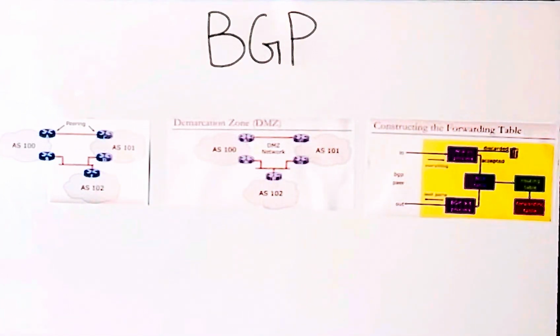BGP works by routers learning routes from their neighbors, applying rules, and picking the best path to store in their routing information base, which is called a RIB. This chosen path is then shared with other routers, helping data find its way across the network. On this diagram here, we see in the BGP process, some info is discarded, some is accepted. The one that is accepted goes to the BGP table, then the routing table, and the forwarding table. And we see here the out process where the best path is taken out and goes to a different autonomous